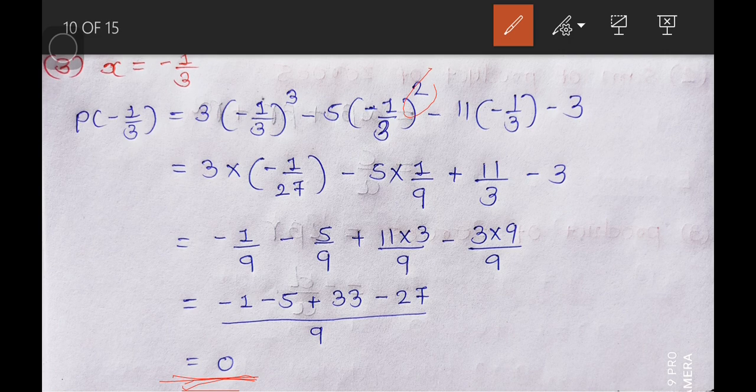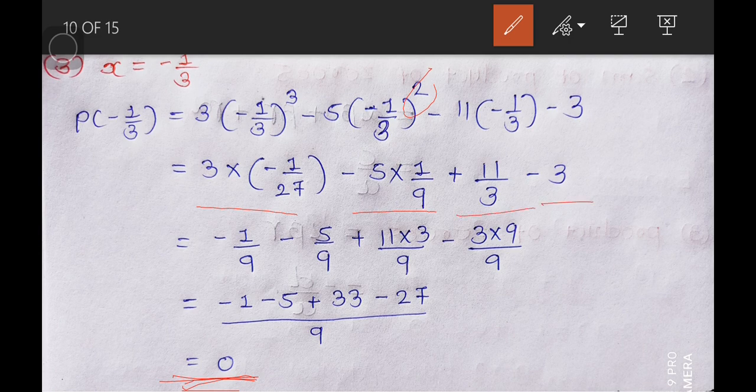So here we find 3 into minus 1 over 27 minus 5, and here the minus sign will be positive. So here we find 5 into, now we find the square of both. Square of 1 is 1 and square of 3 is 9, and minus minus plus 11 by 3